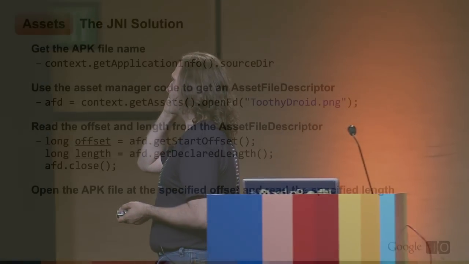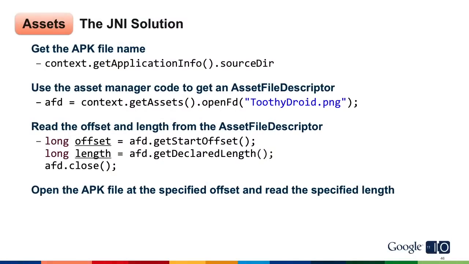So let's talk quickly about assets. One of the things that people want to be able to do is pull resources and assets out of their APK file. And I went to the Android team and I said, all right, there are many ways we can do this. What is the way that is most likely to still be compatible in the future? And they suggested this method. So what we're going to do is get our APK file name